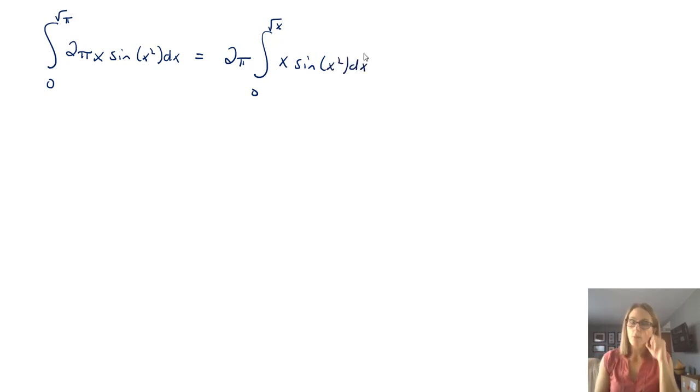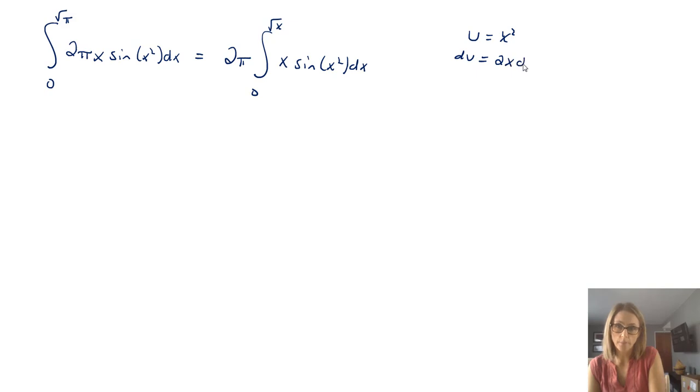And now we want to think about how to integrate this, and this is more complicated than some of the other ones we've seen so far. You want to recognize that in this case, you are going to need the substitution method. So think about what you'd want as your u. Do you have something, and then do you have the derivative of that something? Hopefully you see that you have an x squared, and you have the derivative of that x squared, kind of, sorta, because you need to replace x dx with 1/2 du.